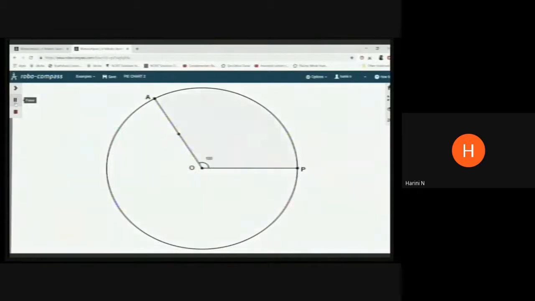Once your sector is ready, what's the next step? You have to beautifully shade it to show that this portion of the circle between the two radii, OA and OP, is going to represent the activity of sleep, which is given as 8 hours in my tabulation. So you can label it also to show that this purple region represents the sleep activity which runs for 8 hours.